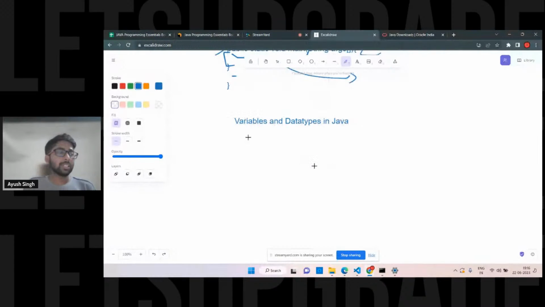Simple. So see, in Java particularly, we have the concept of memory space. Okay, there is a concept of garbage collector. That's quite important. We are going to see that. And okay, primitive and non-primitive, that's totally correct.